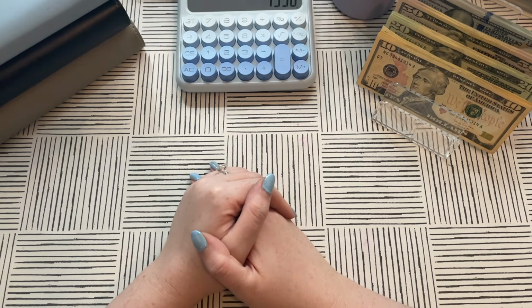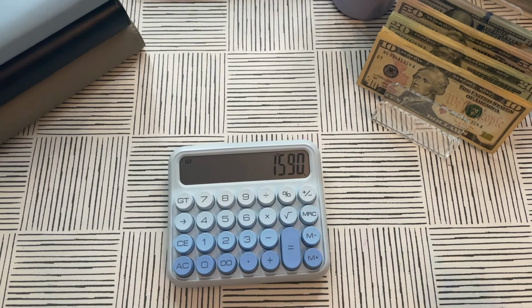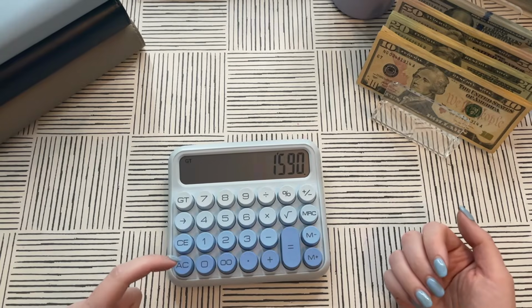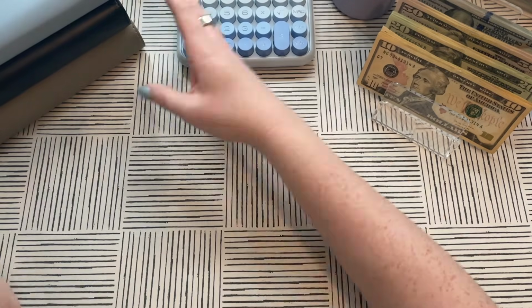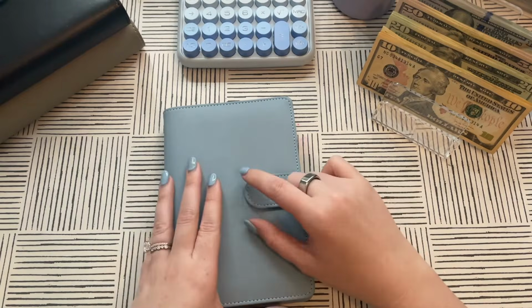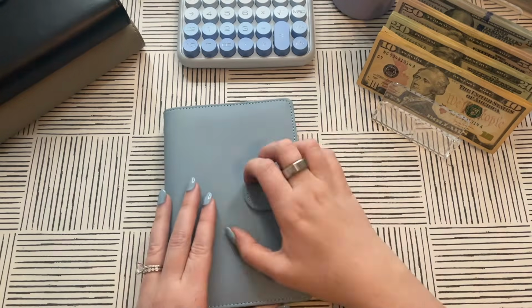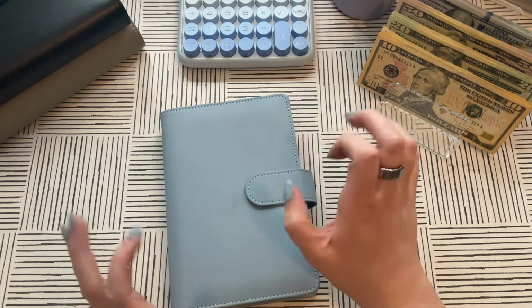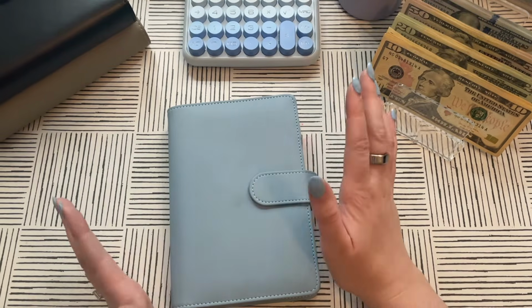And let's just jump on into it, guys. We are cash stuffing $1,590. It kind of bugs me that I didn't do even $1,600, but you know what? That's life. Let's go ahead, shall we then? I'm not going to refill out. I'm literally just going to be stuffing them. I am taking a break in between some of my videos. I'm cross filming 2 different ones at once, and so